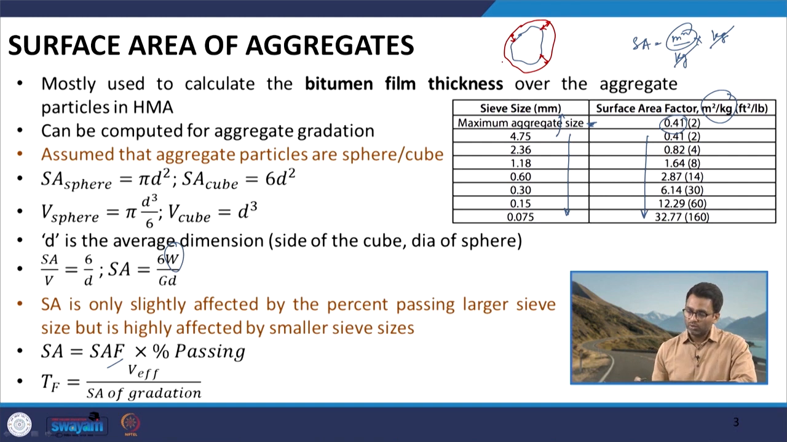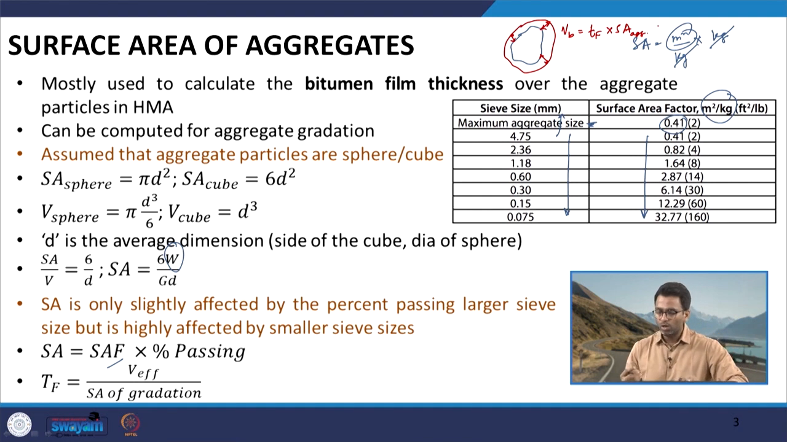If I want to find out the entire volume, I can say that the volume of this bitumen is equal to the thickness of the film into the surface area of, not exactly the aggregate, but somewhere around the aggregate, because the film is very small. That is why the surface area of aggregate can be considered as the surface area for which I am trying to find out the volume of bitumen. So, here therefore, film thickness becomes equal to volume of bitumen divided by surface area of aggregate, and that is